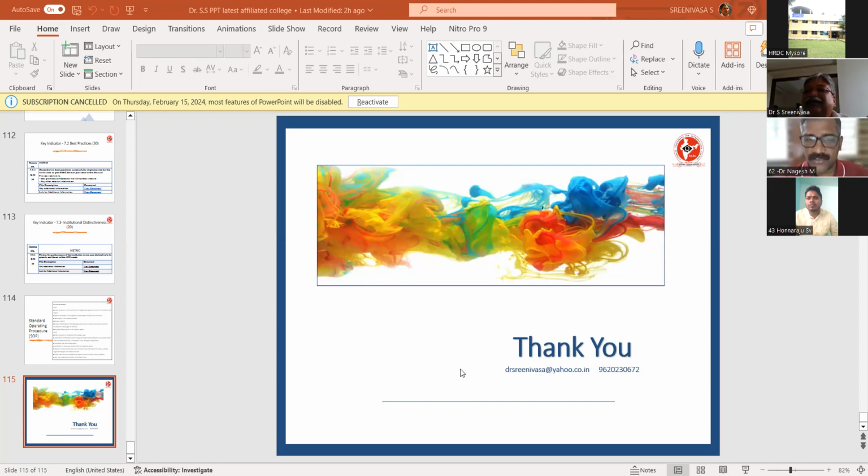Sir, Dr. Shivkumar sir, he's basically from Central Institute of Kerala. Since he has an ear problem, he has typed here. His question is: dear Sreenivasa sir, if each district has been given permission to start universities, how will they be able to maintain the standards as per the NAAC? This is a question to the government only.